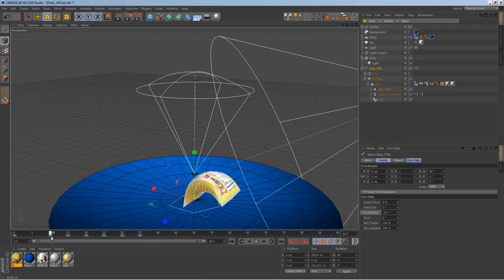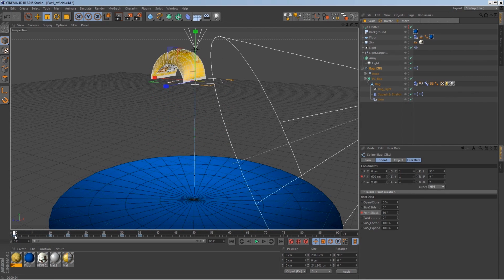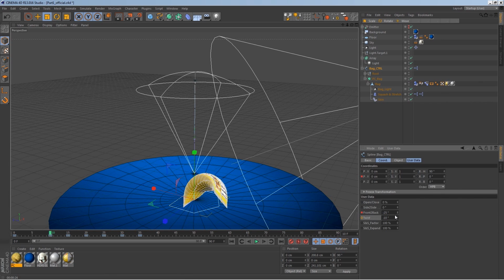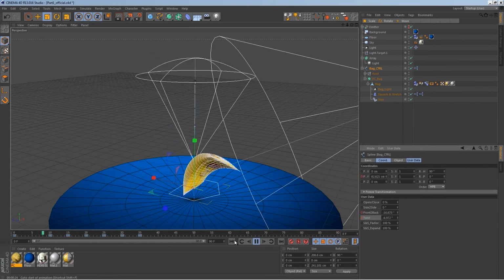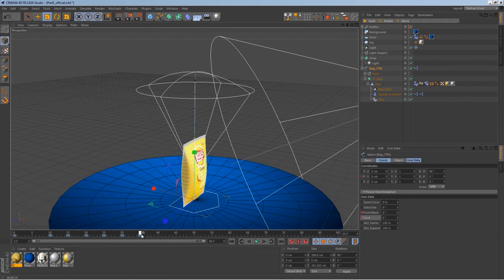Actually, let's add another one. Let's add maybe twist. Yeah, why not? We'll do twist, and then once it hits here, negative. I create all these buttons, but you don't have to. You use it for whatever you need. I'm just trying to show what you can do with them. Let's go to 5, and you can stop here maybe. Something like that. Then from here on, like on 35, we can say, all right, where's the factor for squash